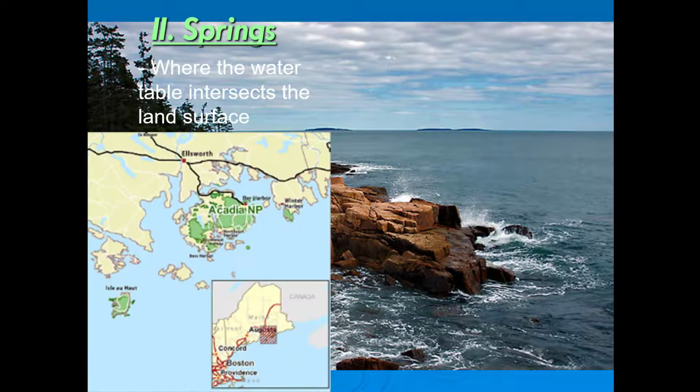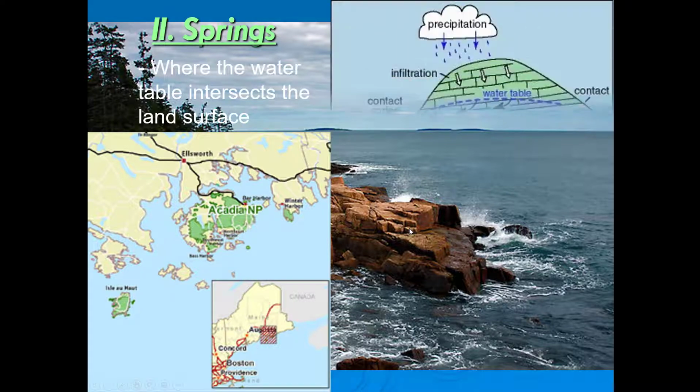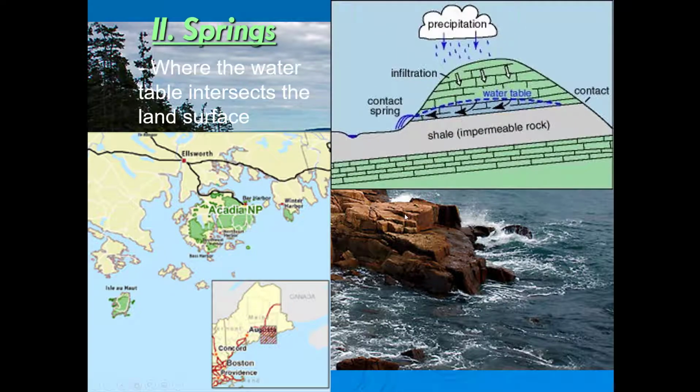So a spring, I'm going to show you a picture of a spring here from Acadia National Park. Acadia National Park is on Mountain Desert Island, which is off the coast of Maine. This is a picture of it right here. Basically what happens in Acadia National Park, do you see where I stole this image from, is that there is a layer of granite. Granite is impermeable. That means that water will not percolate down into granite. So any sediment on top will just pool on top of that impermeable rock, and you'll have a water table, and sometimes that water table will intersect the surface,